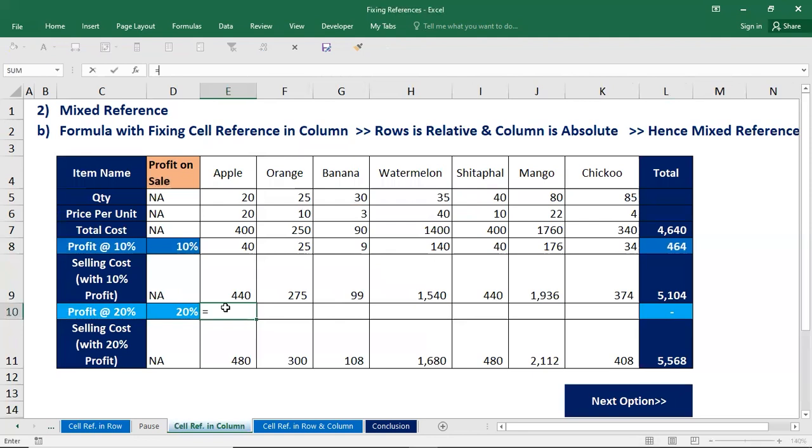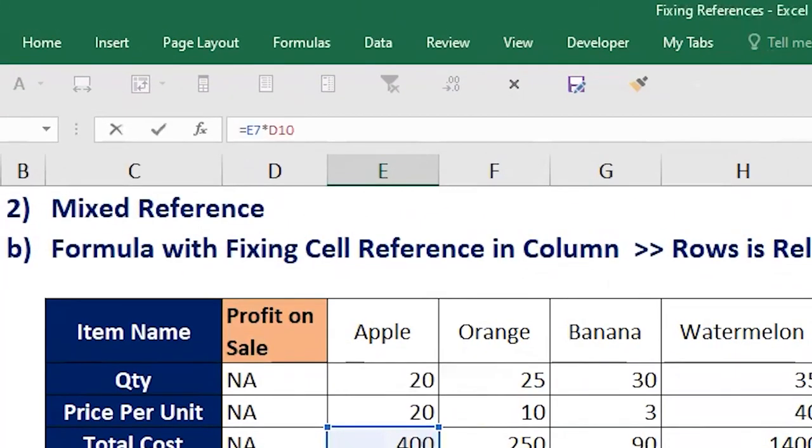Here I will insert a formula of total cost into profit at the rate of 20%. Now our profit has been increased. I have inserted a formula here, but I have not given any reference yet. I have to give a reference to the column, so I will insert a dollar sign prior to D,